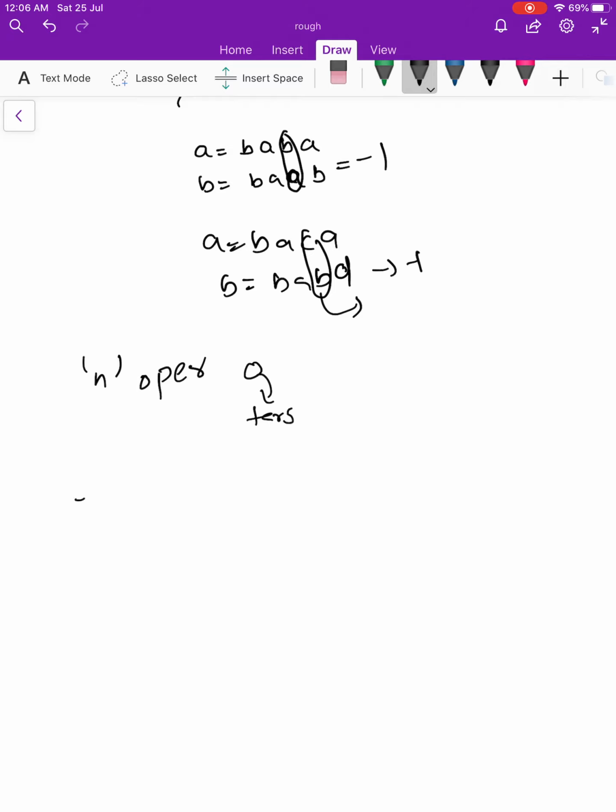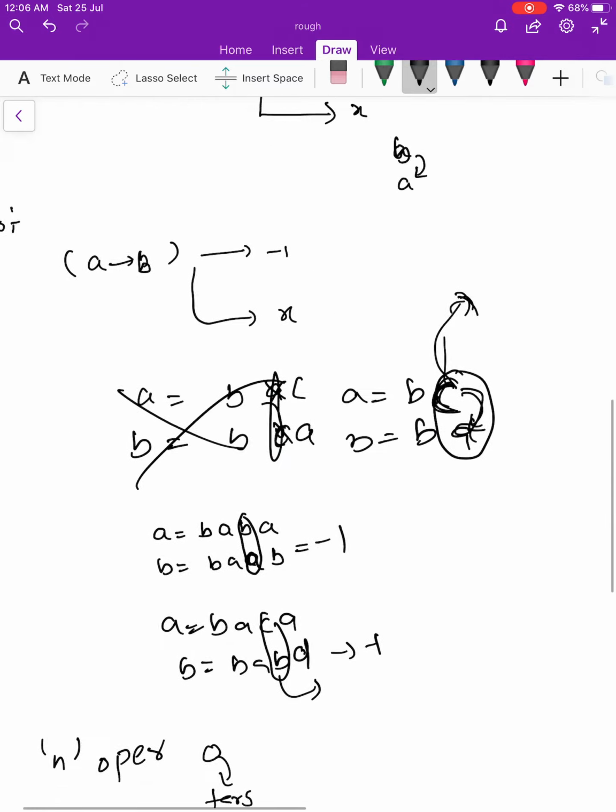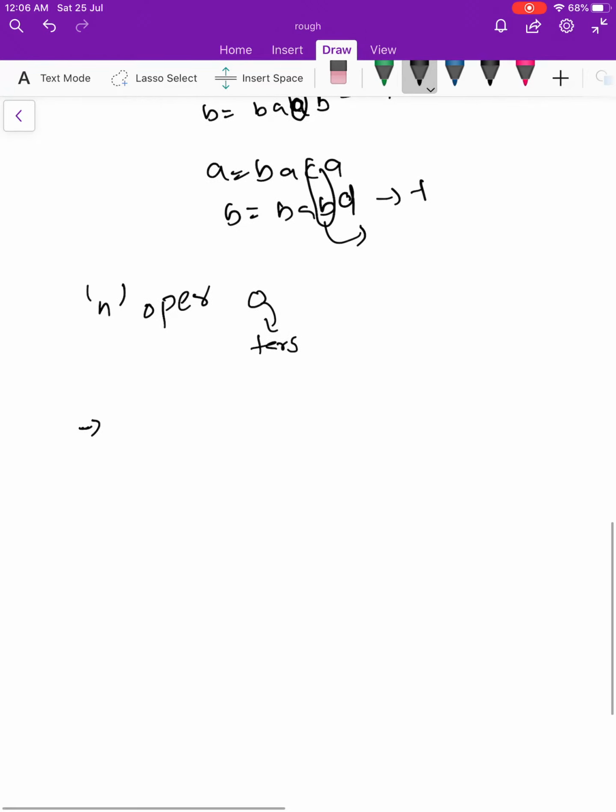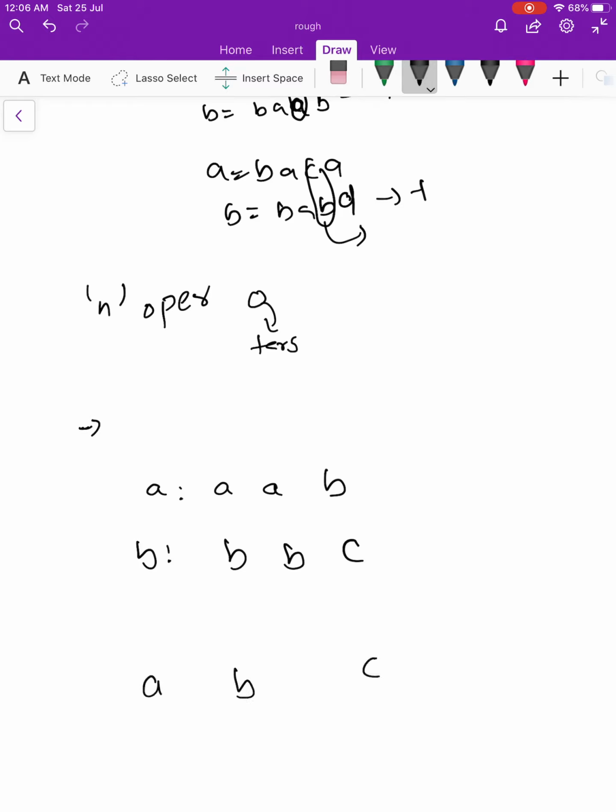Before going to the solution, let us see the graph view of this problem. See the first example that is given in Codeforces, that is, say A equals A A B and B equals B B C. So we have three characters.